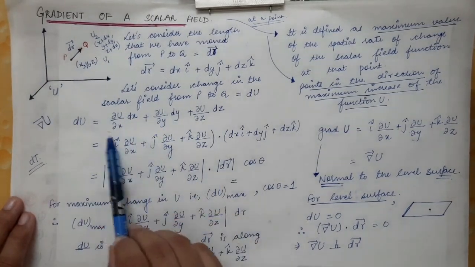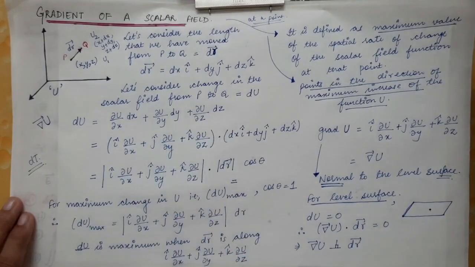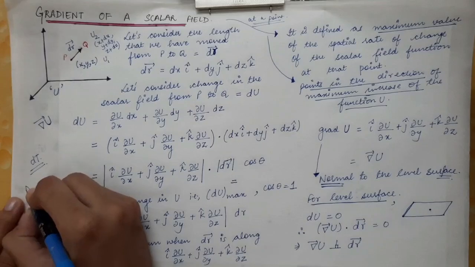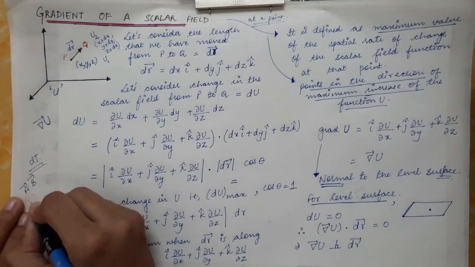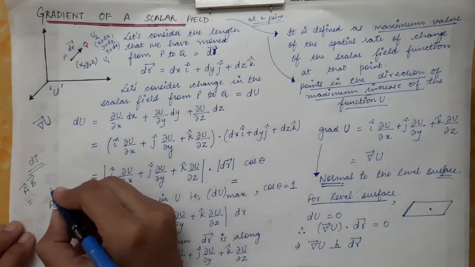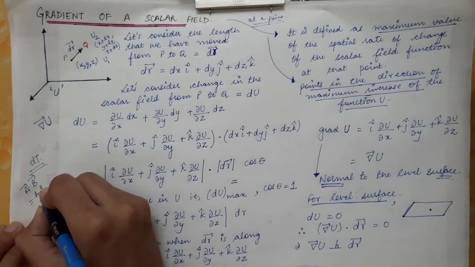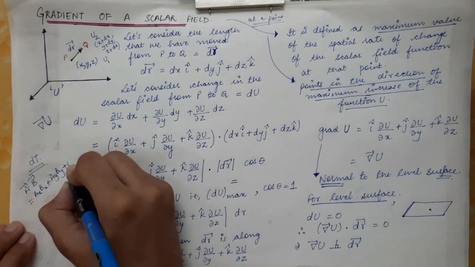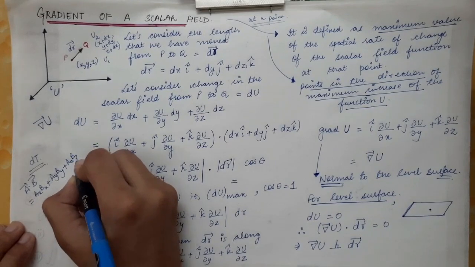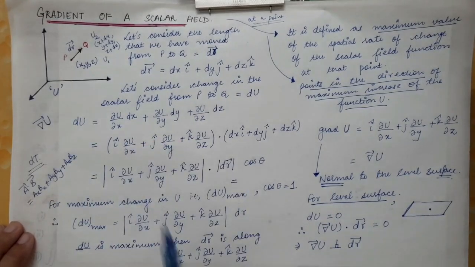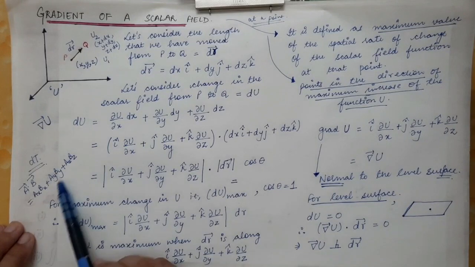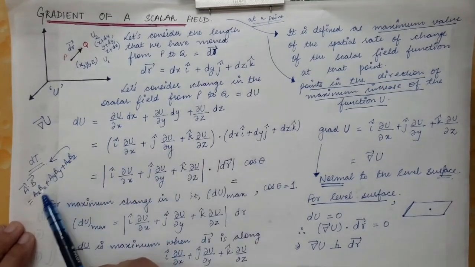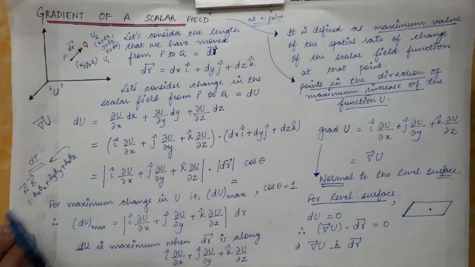Now this expression can be written in the form of a dot product. We know a vector dot b vector can be written as ax bx plus ay by plus az bz. So this is how we write the formula for the dot product. Over here what we have is the second equation. Now we will go in the reverse manner, so from this equation we will write the first equation.